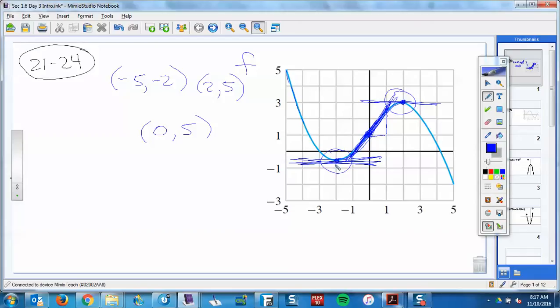So I think you guys understand it, but you got to be careful what you say, right? You got to be careful what you say, because you're going to be writing out your explanations on these things. You've got to say the right thing. If you write in your explanation because F prime is increasing, and what you meant to say was because F prime is positive, that's wrong. See, those are two different things. F prime positive is not the same thing as F prime increasing. Okay, those are two different words. All right,